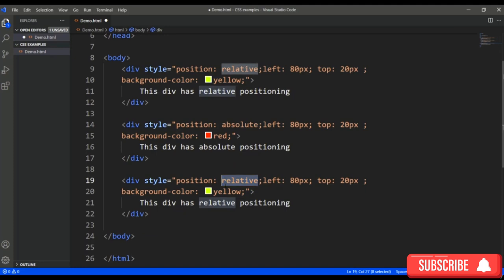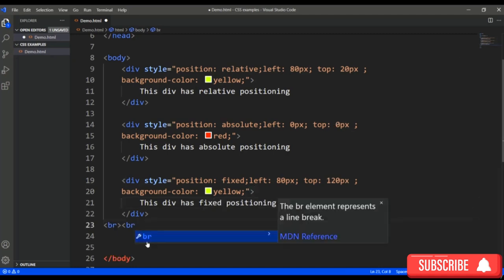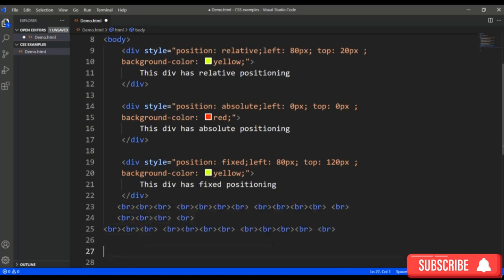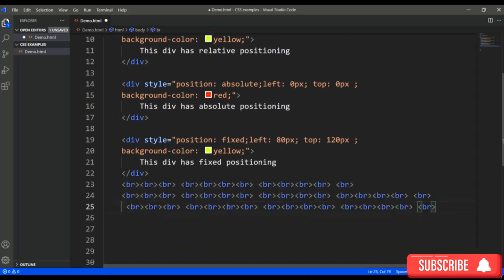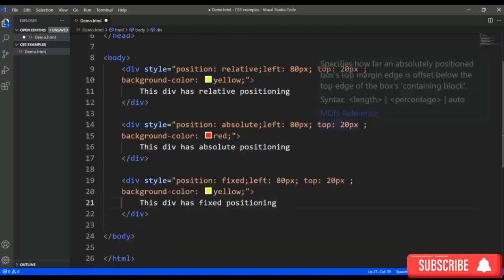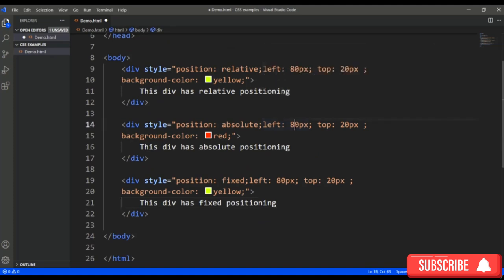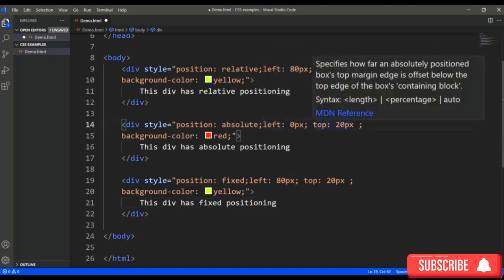So here I will make it fixed, and I will say this is fixed positioning. Alright, and to increase the page size, I will just add some BR tags. Alright, let's come and refresh. Let me change the position first of all. Absolute, I'll make it 0,